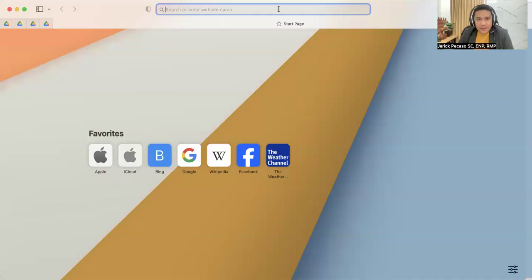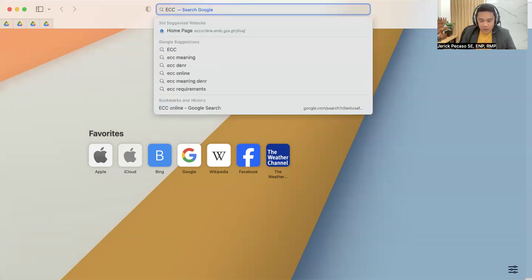First things first is the appropriate web page of DENR for the application of an environmental compliance certificate. You can type in your favorite internet browser, say ECC Online.